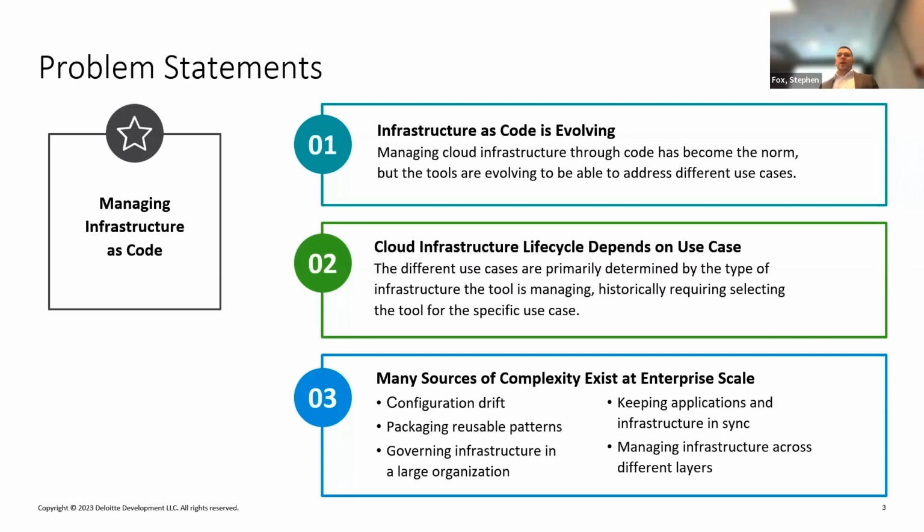And then at enterprise scale, there are just so many sources of complexity. You might provision infrastructure with your infrastructure as code, but over time, the infrastructure is going to get out of sync with your code. You might run your pipeline frequently, you might not. There's going to be configuration drift. And if you don't have the environment locked down from manual changes, then that configuration drift can cause a lot of problems.